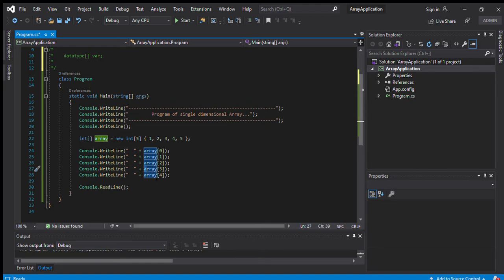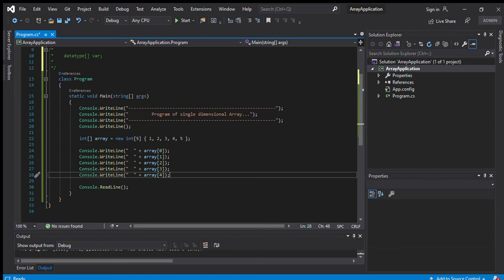If in my array I have a number of elements, every time I need to access the data from the array like this.